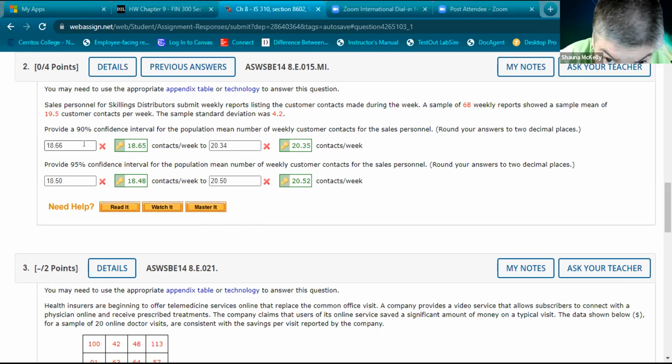So if I use a T interval, then I get the same thing you got if I use a Z. If I'm using a T interval, then I get, let me see, 4.2. I get